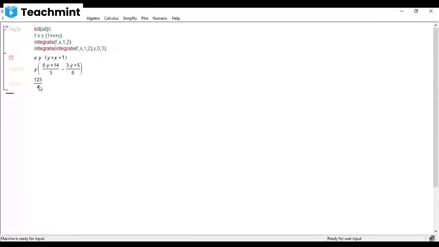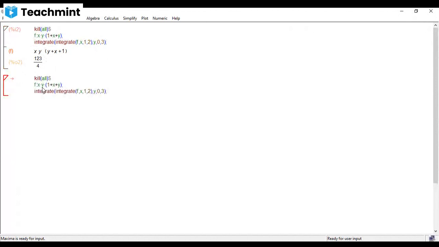123 by 4. If you apply rational simplification, you'll get the answer which we got by manual solve. I'll show you. Just a minute. See, 23y by 6 plus 3y square by 2. That is the answer which we got. Okay, the same answer you're getting here. So I don't want this part. Straight away I'll write within this. Simply you'll get the answer. Let us see how to evaluate one more.